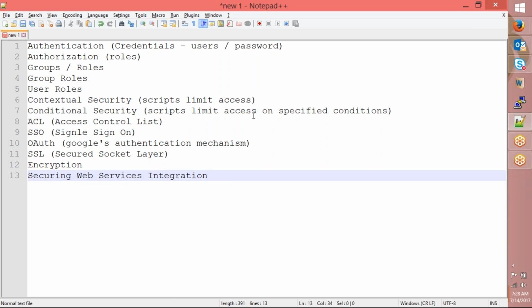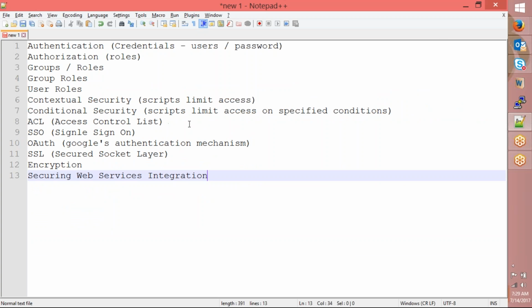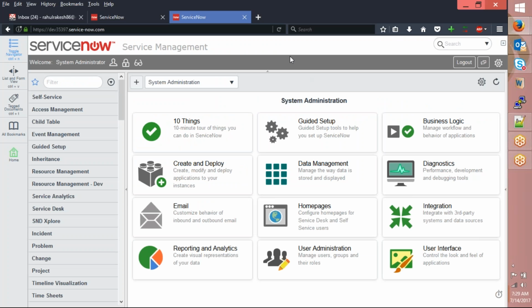Okay. Out of that, one is access control list. Right. So the access control list, as it says, is a rule that will allow somebody to access a particular resource, particular table, form, data, field, everything. For example,